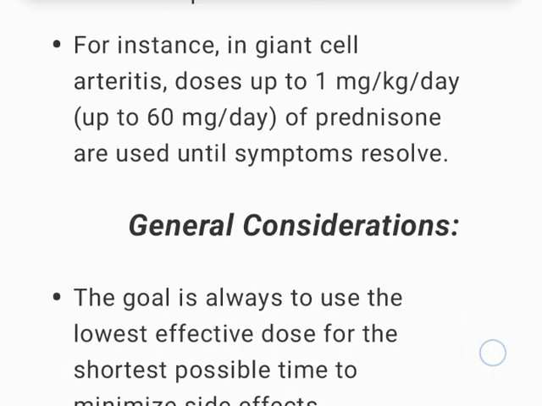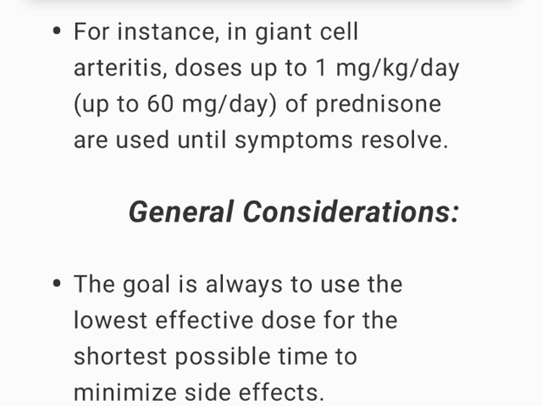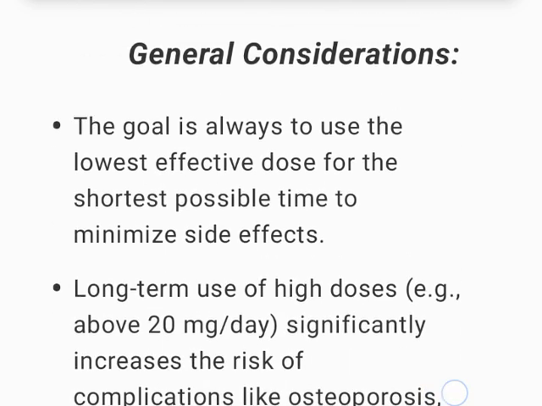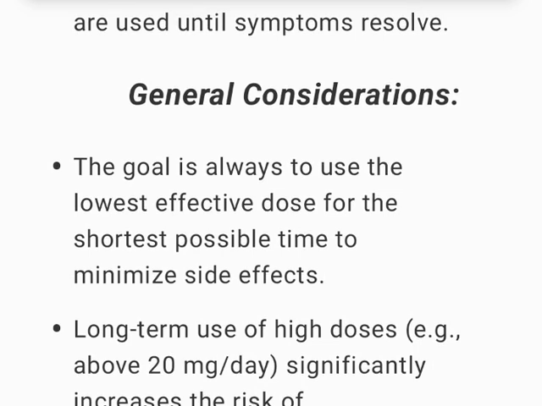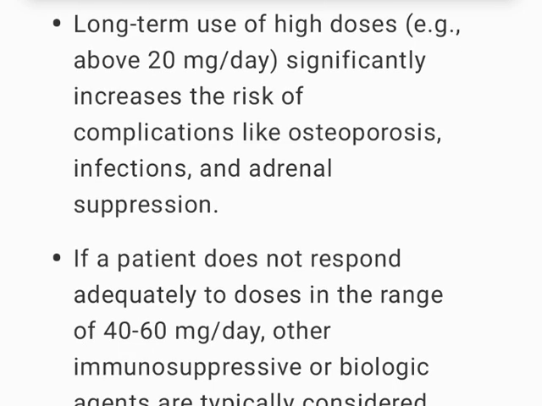For instance, in giant cell arteritis, doses up to 1 milligram per kilogram per day, up to 60 milligrams, are used until symptoms resolve. General considerations. The goal is always to use the lowest effective dose for the shortest possible time to minimize side effects. Long-term use of high doses, e.g., above 20 milligrams per day, significantly increases the risk of complications like osteoporosis,